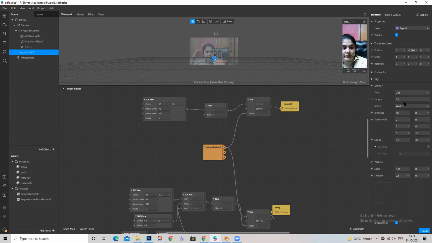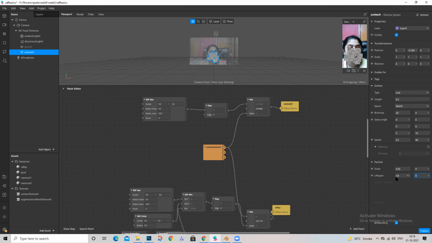I'm going to have a line. Length can be 0.2. World. Birth rate, scale can be a little bigger, and lifespan is also something that I'm changing.